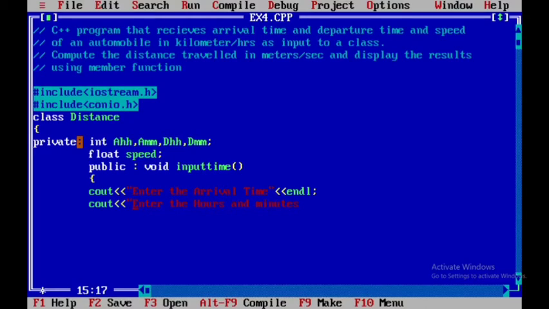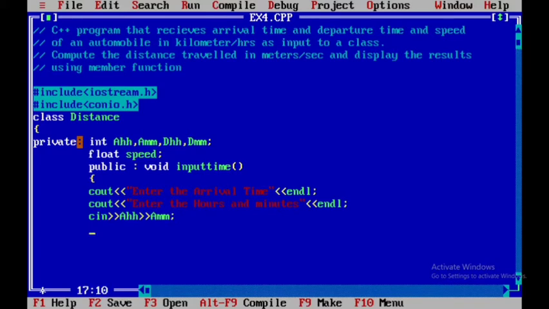Here I have missed double quotes. Then endl. Then we need to take input with cin, what we have given for arrival time in hours, and then arrival time in minutes.